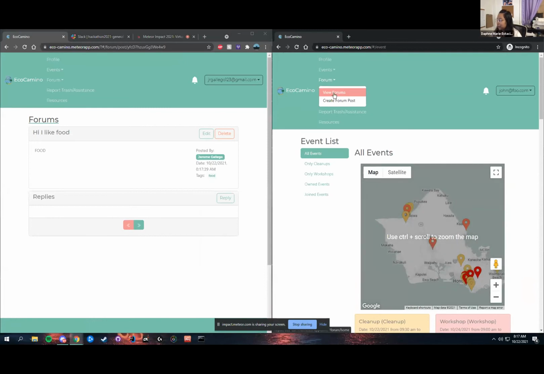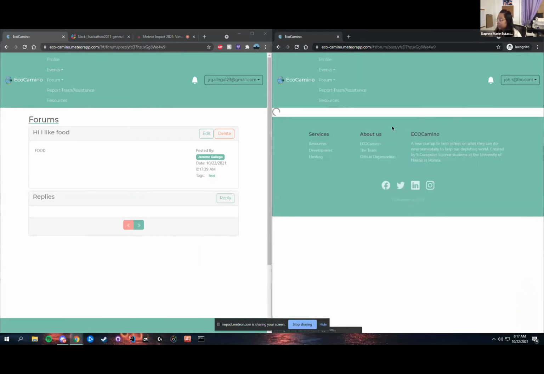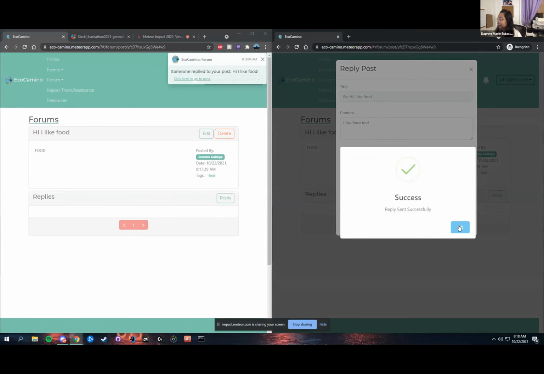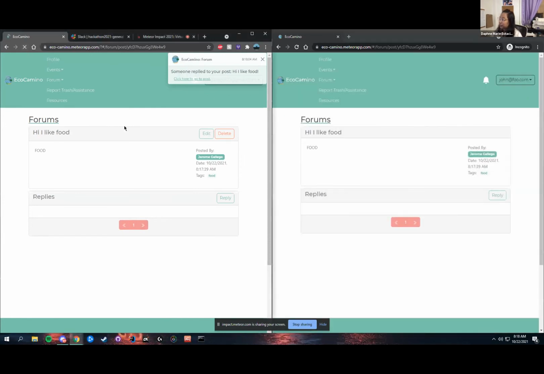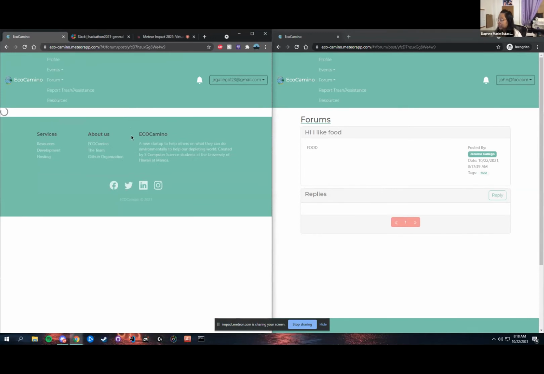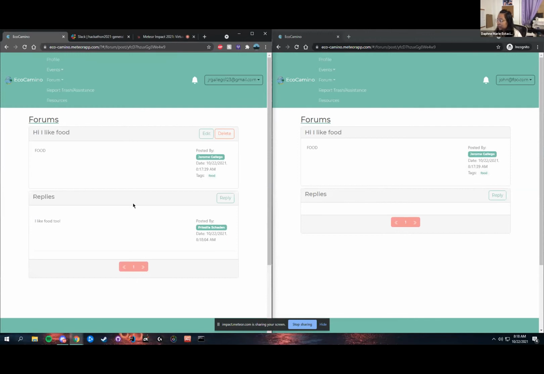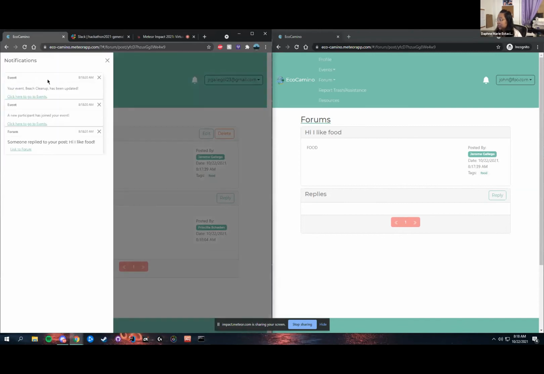Here, we're going to use another account called Janet Fu to respond to the newly created post. As you can see, they got notified for a reply, and when you refresh the page, you can see the new reply. Additionally, past notifications, from while they were offline and while they're online, can also be seen when they click on the bell button next to the nav bar. Those are all the past and the new notifications they got from when they were offline and now that they're online.